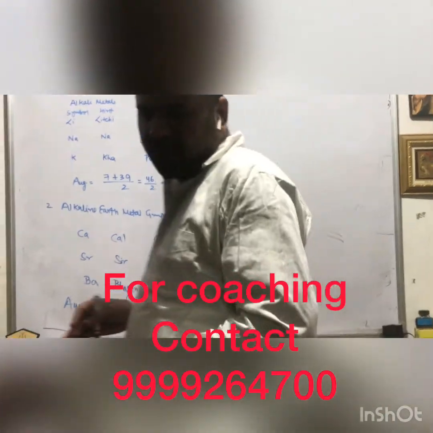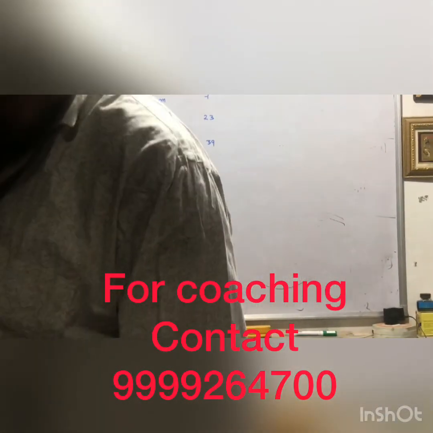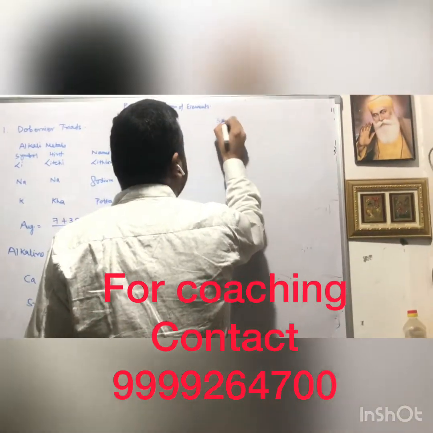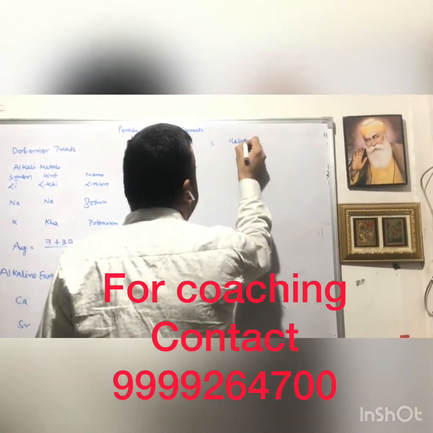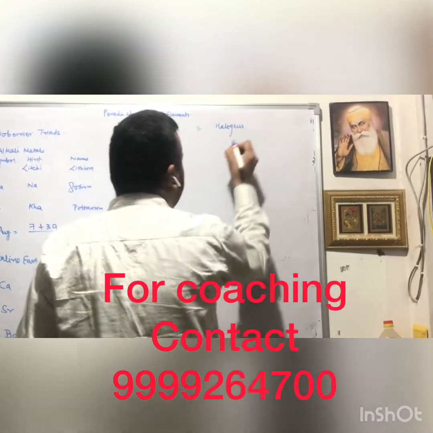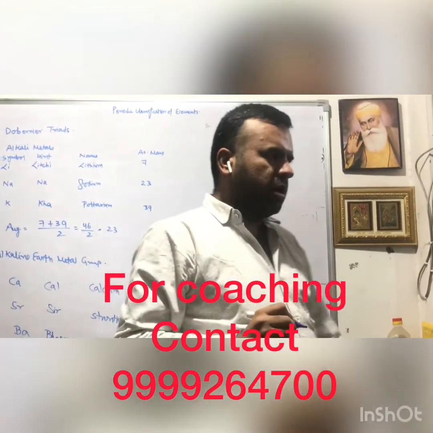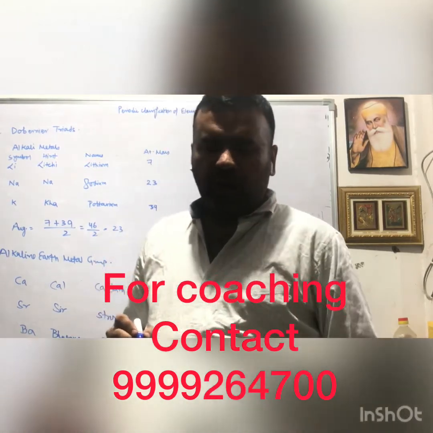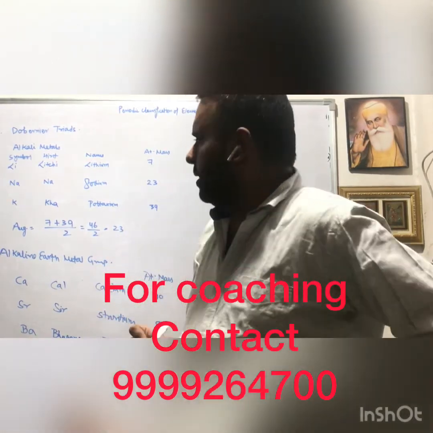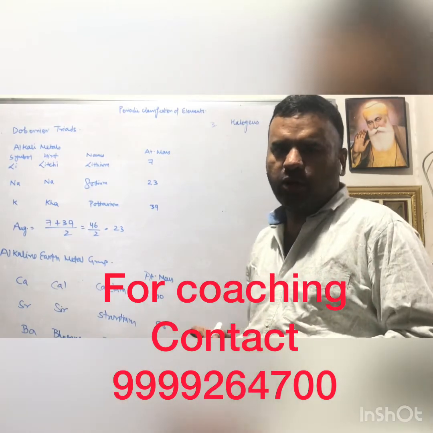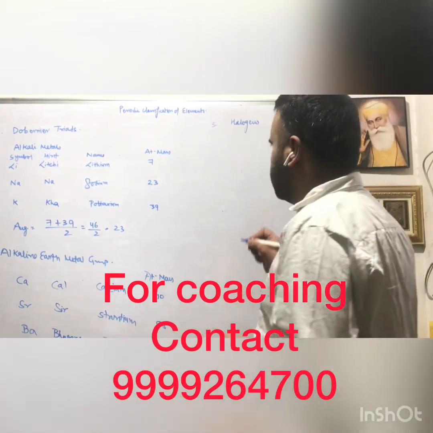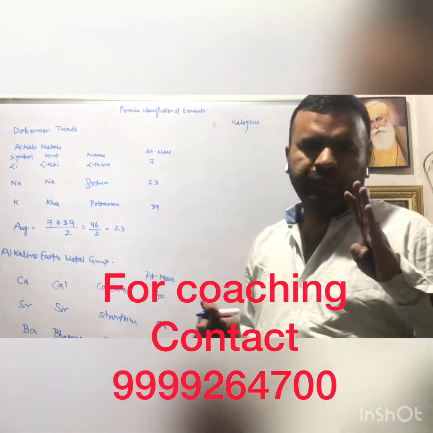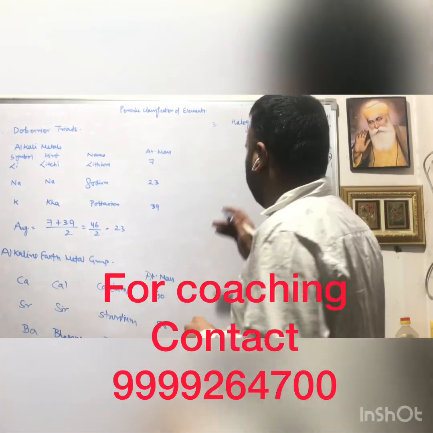Next, he made one more group, and that is for halogens. Halogen is group number 17 nowadays. As you know, halo is group number 17. The hint for that is Ferrari can beat Indica astonishingly: fluorine, chlorine, bromine, iodine, astatine. These are the elements present in group number 17 that we will also study. This is totally a theoretical chapter, so you have to understand it very carefully, right?